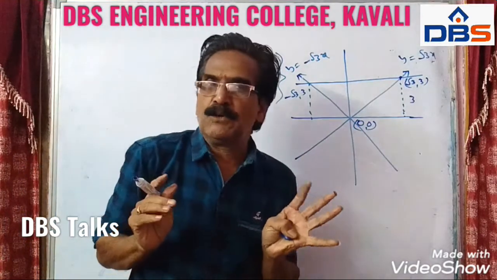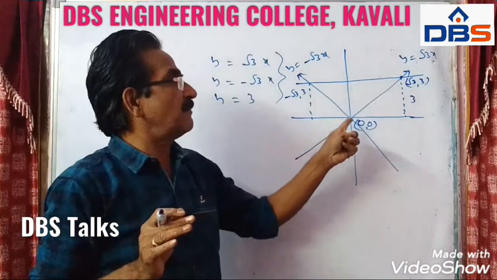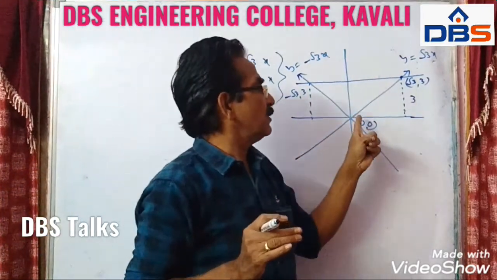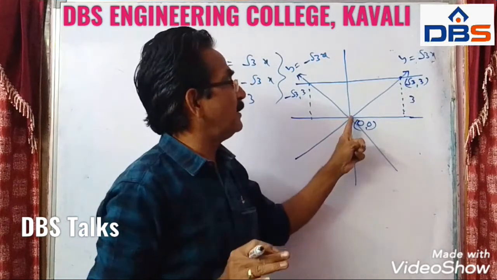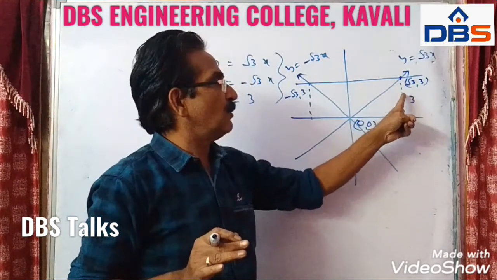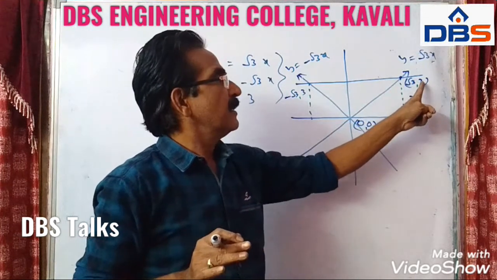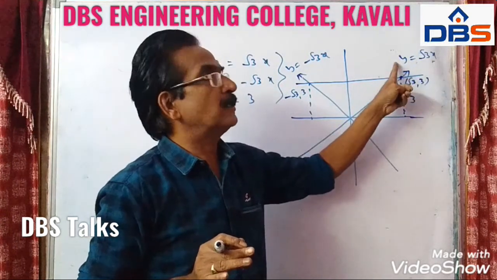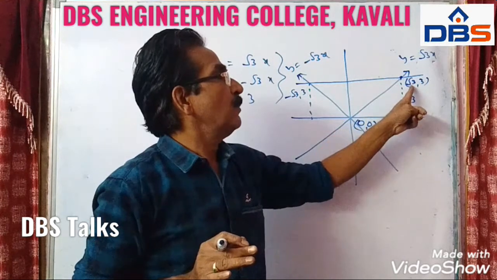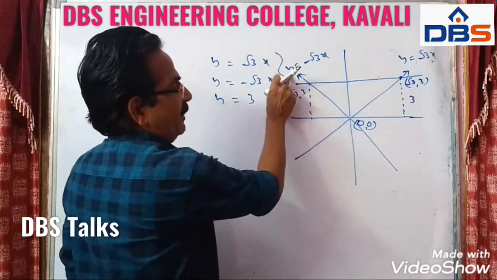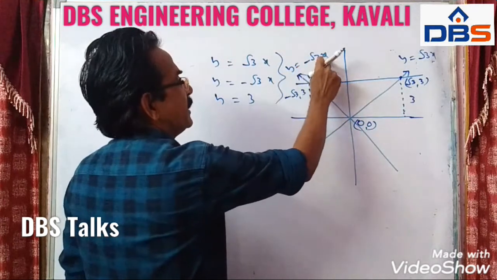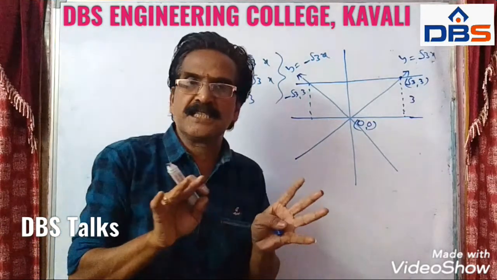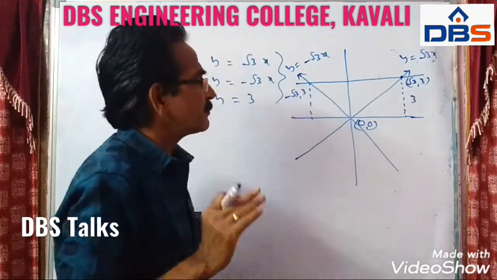So we got the coordinates of all the three vertices. See friends, you understand this point now. This is (0, 0), fine. Here y is equal to 3. If y is equal to 3, then x is equal to root 3. Root 3 gets cancelled, 1 root 3. So x is root 3. Here if you take y is equal to 3, x is equal to minus root 3. Now we got the coordinates of the 3 vertices.